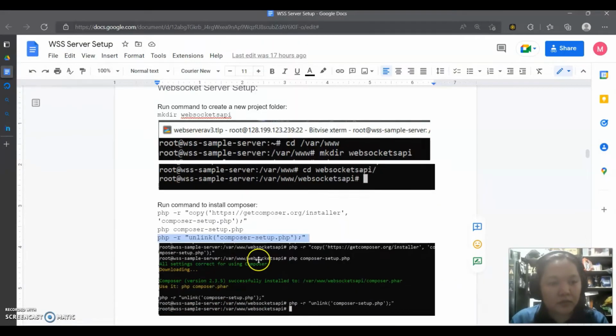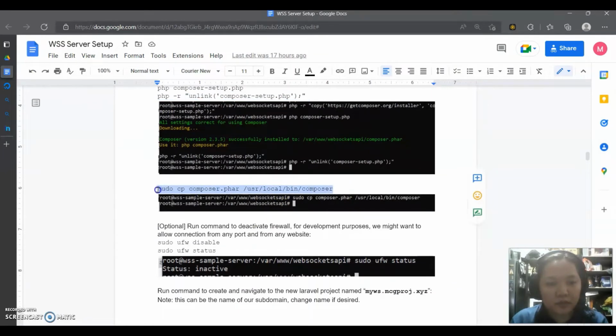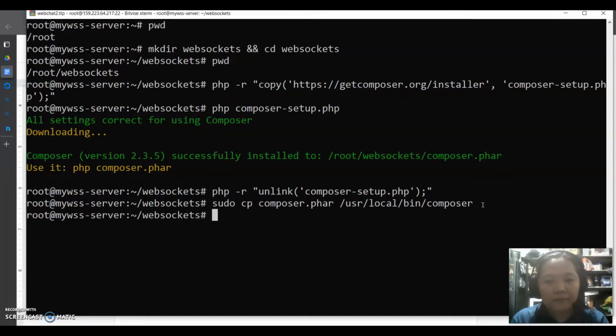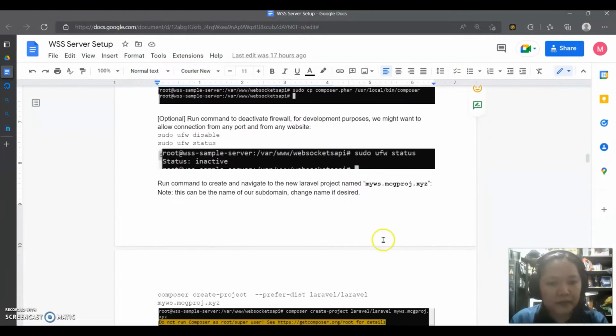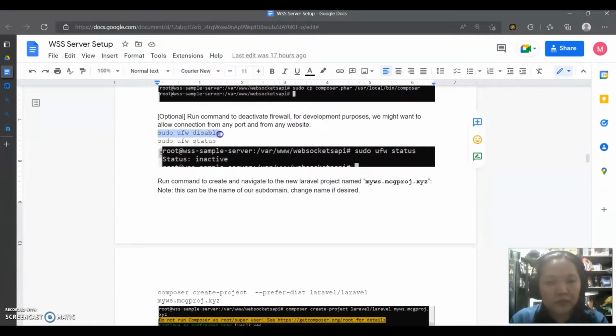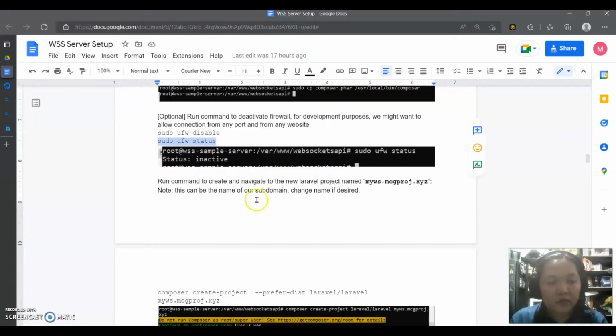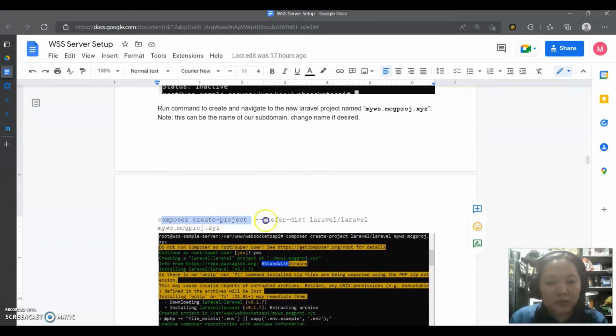Once it's removed, we can now optionally copy or move the composer.phar file to the user bin folder, so that wherever you are in the directory, you can still use composer. Next, we will skip this one because if you look at the status of the firewall, it's already inactive. And then we will proceed with creating a